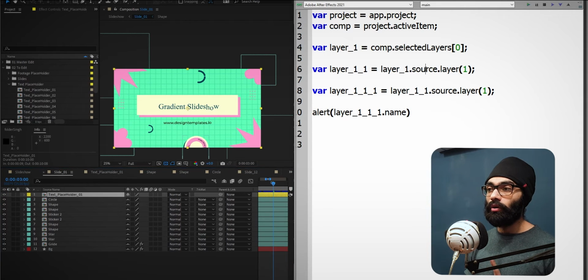Okay. Layer.source.layer. This is important, the syntax has to be exactly how this is. Going another layer deeper, we have this thing put over here: .source.layer(1). So inside here, now